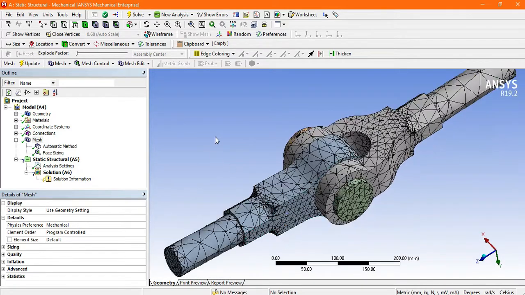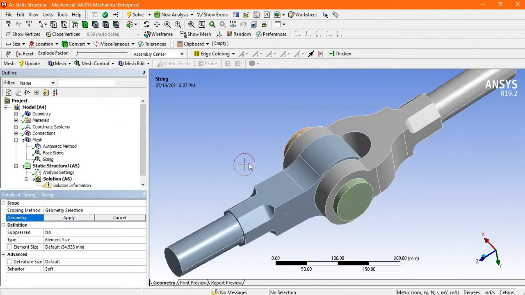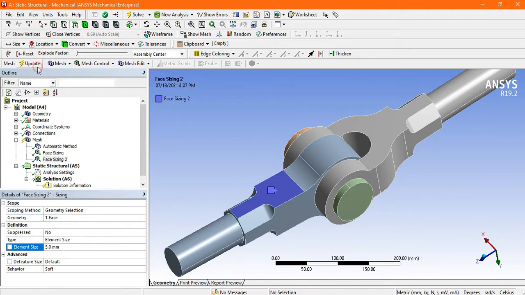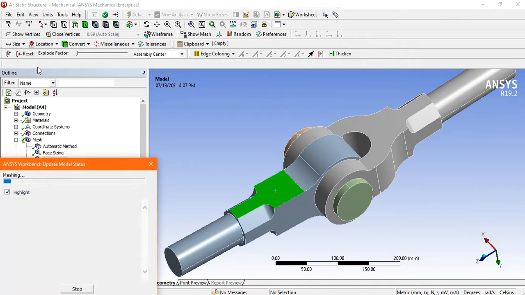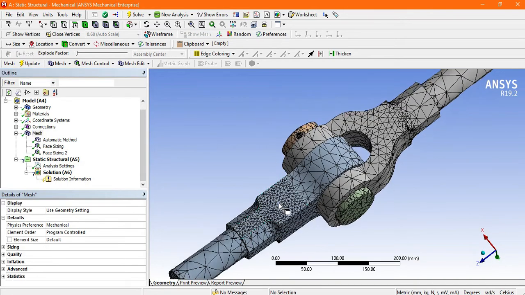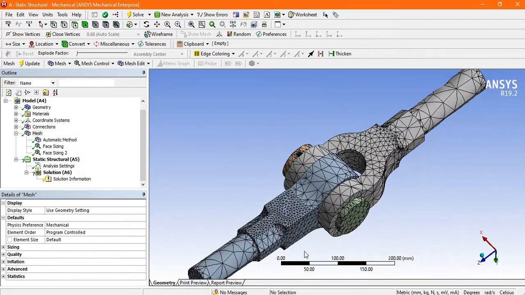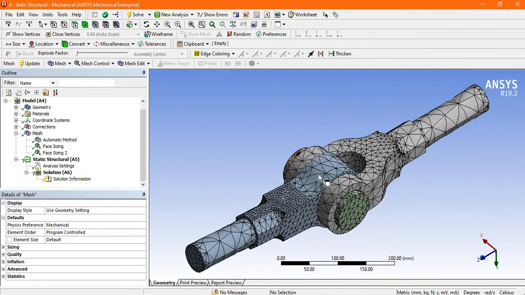You can also check again by going to mesh control, clicking on sizing, selecting this face again, apply, and the size is 5 mm. Go to update. Now go to mesh. Now look, just differentiate this face and this face.